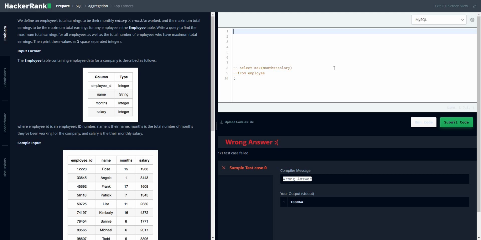Now what it is saying, we have to select this months into salary as well, the maximum. So what we will do, we will do months into salary. This one is the first selection. Then it is asking us to check how many users are actually getting this maximum of months and salary, right? And this is from the employee table,